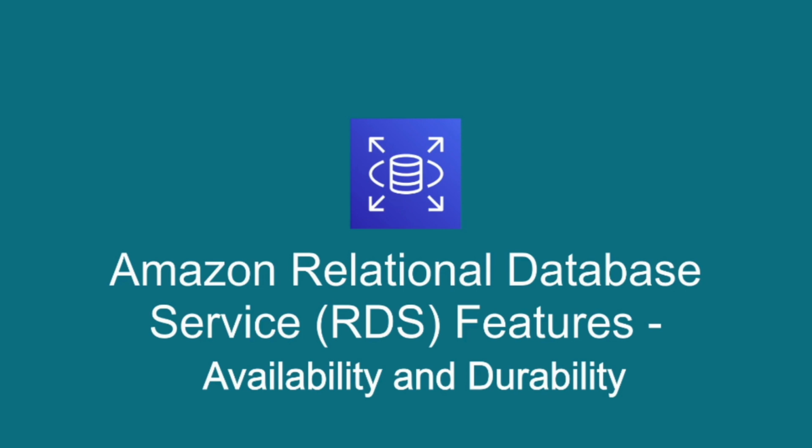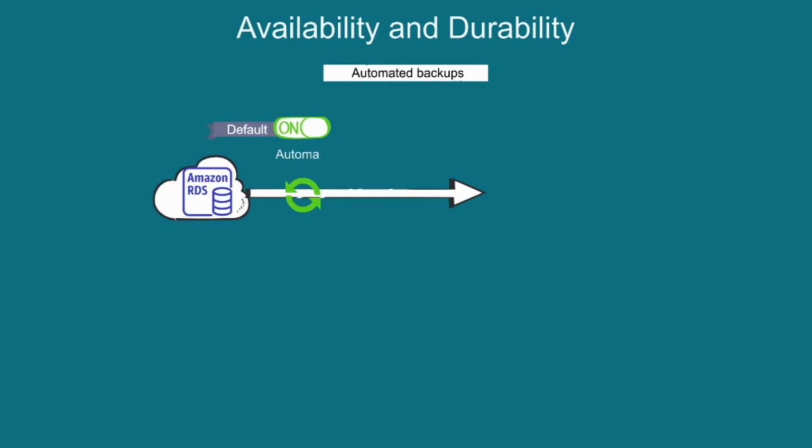Relational database service features: availability and durability. Amazon RDS also offers features to enhance availability and durability for your production workloads. Turned on by default, the automated backup feature of Amazon RDS will back up your databases and transaction logs, and